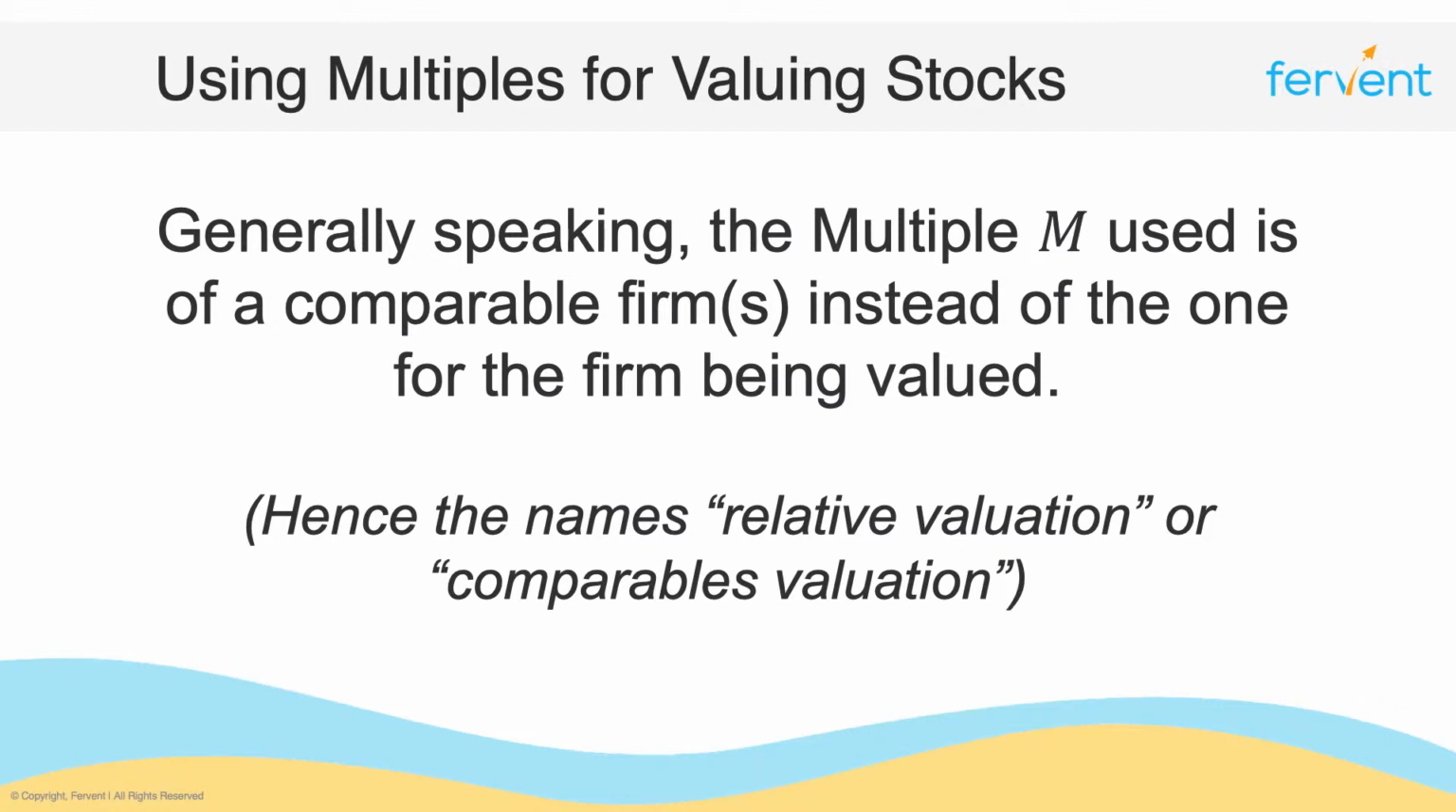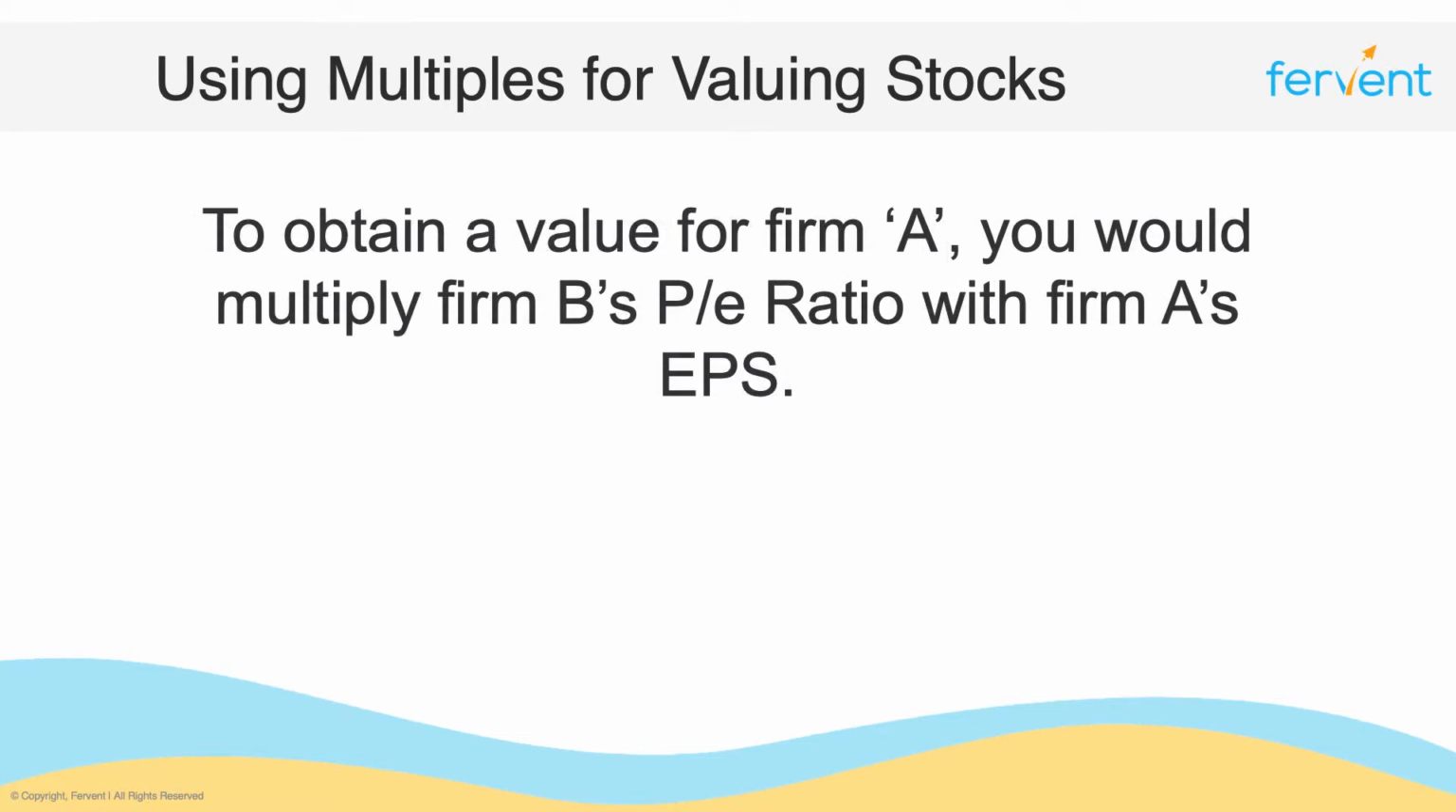And so if you wanted to obtain the value for a firm A, you would need to multiply firm B's price to earnings ratio, or indeed any multiple, with firm A's EPS, or indeed some other driver of value. But if we consider just the price to earnings ratio and the EPS, then we can say that the price of a stock A is equal to the price to earnings ratio of stock B multiplied by the EPS of